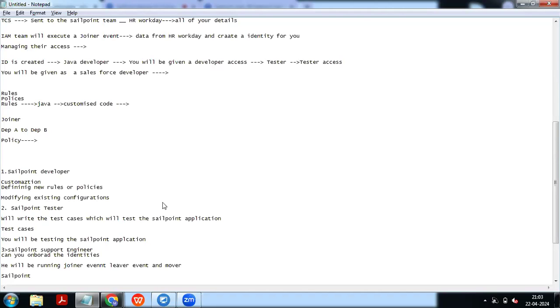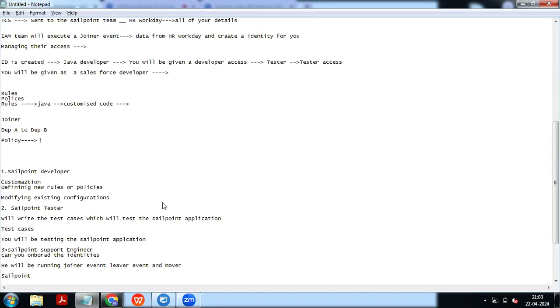Suppose we have defined a policy so that only a few set of people can access that policy information. So that is how we are going to define a policy. For example, only employees in the finance department should have access to the financial records. No other department should be able to see the financial records. So that is the policy enforcement.